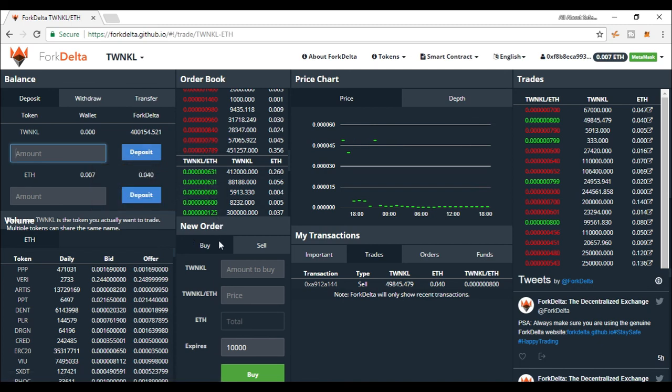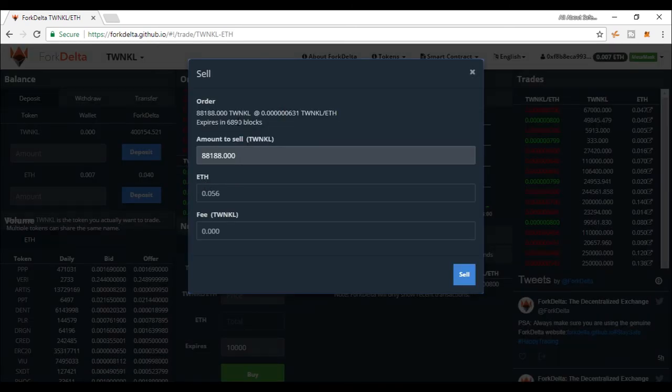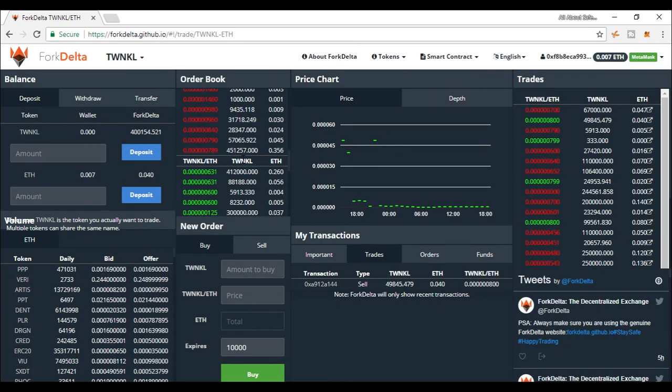You can now place a new sell order and wait for any buyer to purchase your Twinkles. Or you can directly click on any green orders in the order book and complete the order. You will receive Ether, which you can withdraw to your wallet, and if required, you can transfer to another wallet as well.